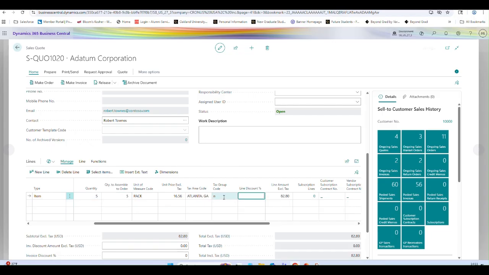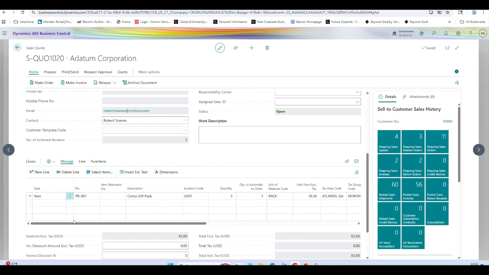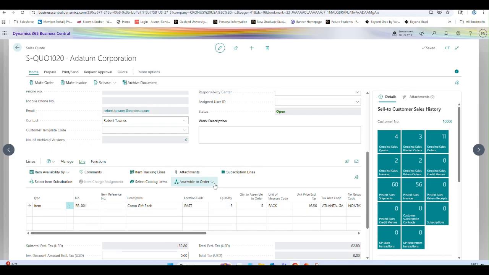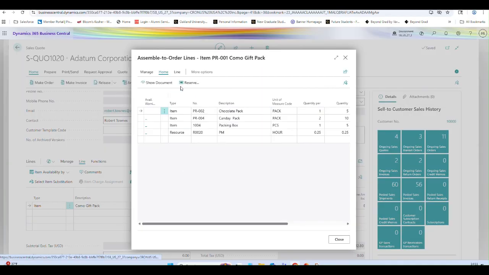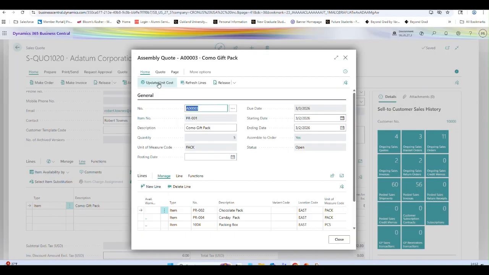Now how can we check which assembly code or assembly order is created from the sales code? Let's go into the line, and on the line there is the assembly code. If I click on the assembly to order line, the assembly component details are showing here, right? And if I want to check the details of the assembly code, let me click on the assembly.